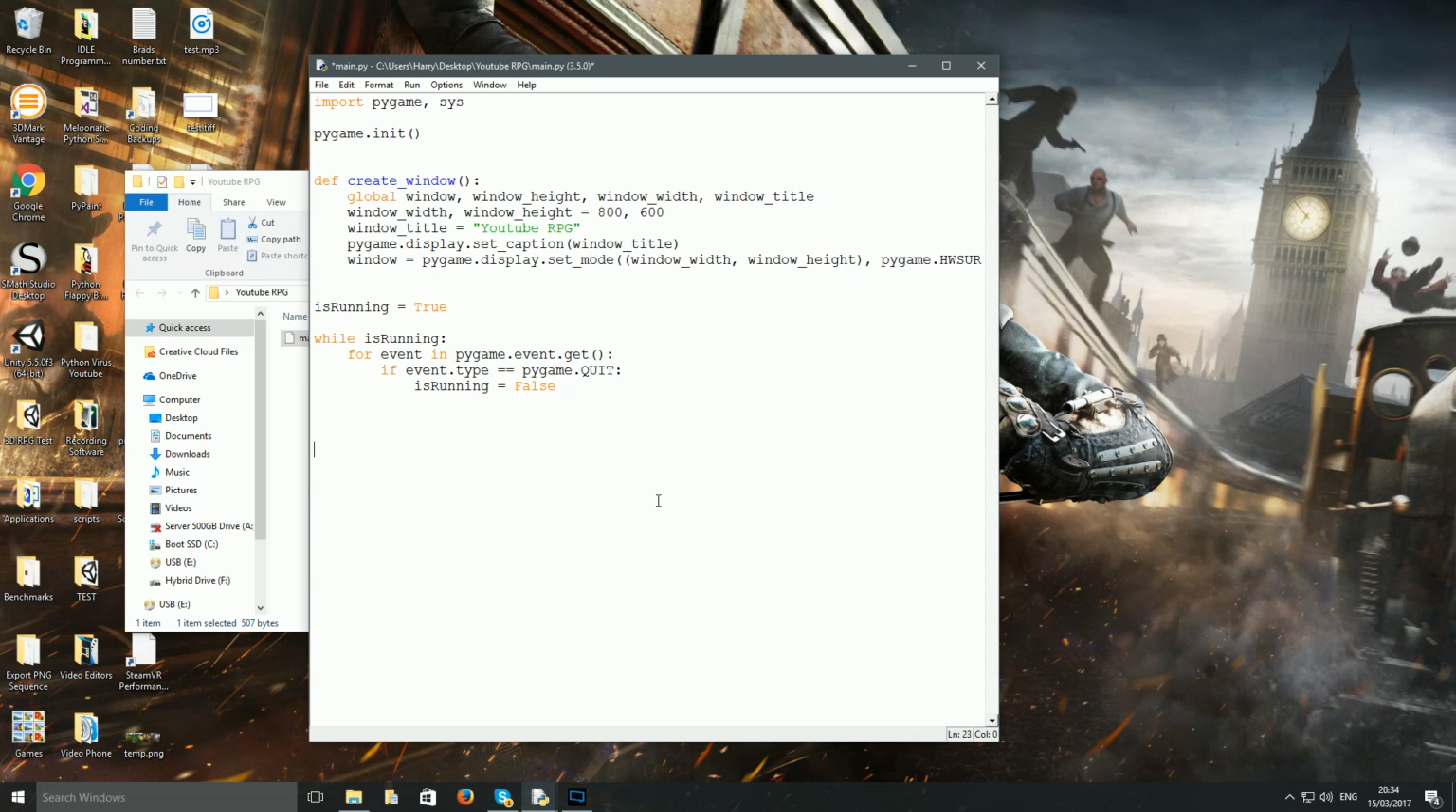And the next part is after it's come out of the while loop, we want to quit the application, so we do pygame.quit, and that'll just close Pygame. And then we do sys.exit, and what sys.exit is going to do is completely end the process of this program that we're creating. So now inside the loop, what we want to do is render